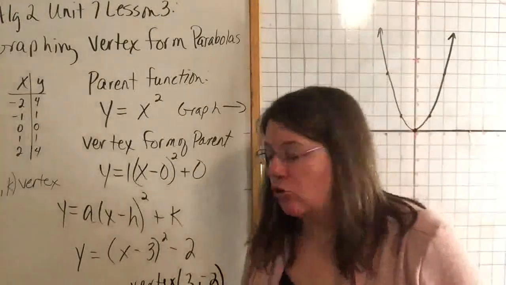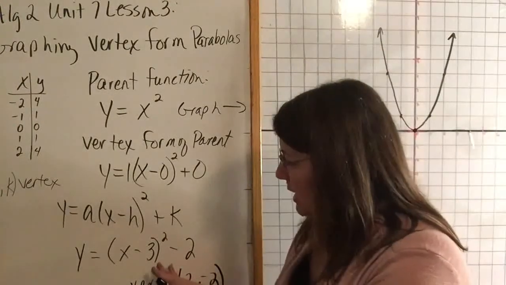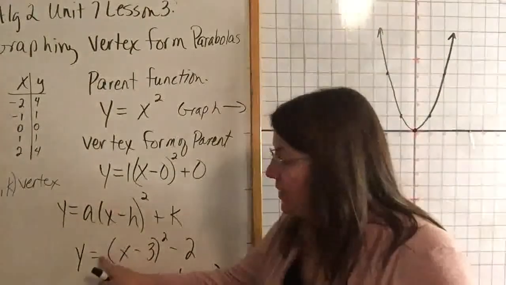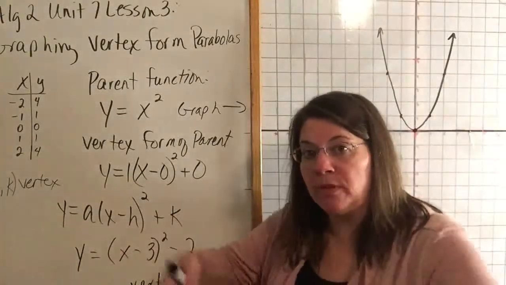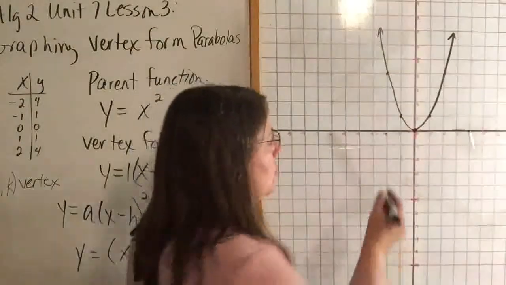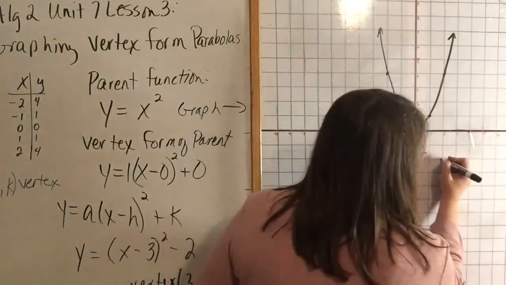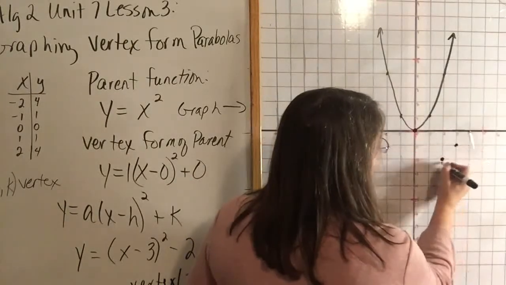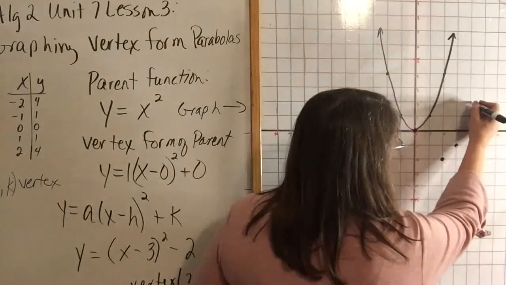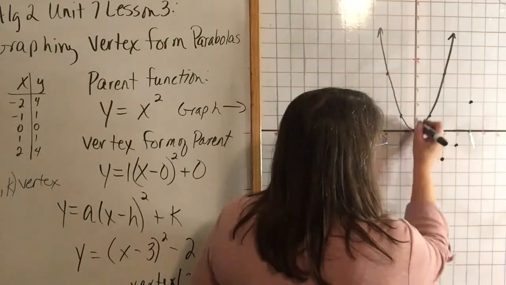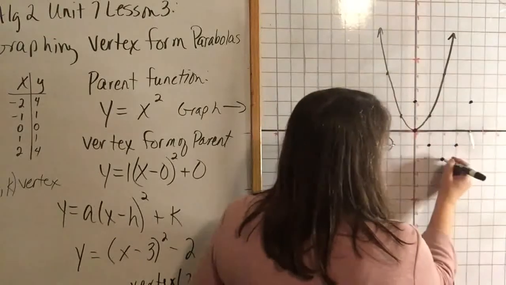So my graph for this quadratic equation, with a being 1, we know since a is 1, it opens up. The vertex is at 3, -2, so I go right 3, down 2, and then from there I go right 1, up 1, right 2, up 4. Left 1, up 1, left 2, up 4 to get my